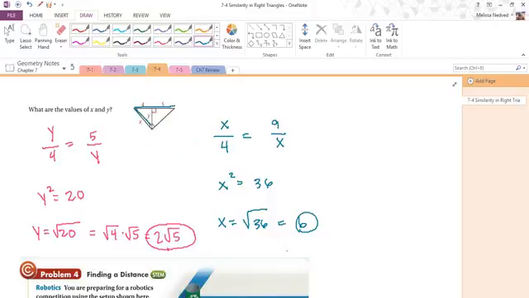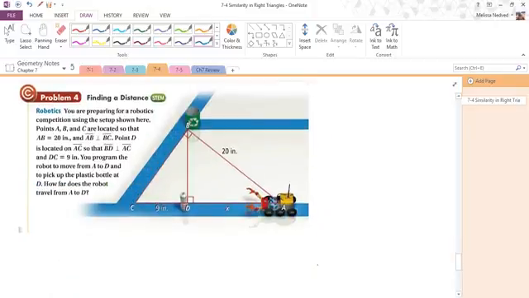All right, we got just one more example to look at here. We're looking to find a distance. It says you are preparing for a robotics competition using the setup shown here. Points A, B, and C are located so that AB is 20 inches, and that's labeled on here. AB is perpendicular to BC,